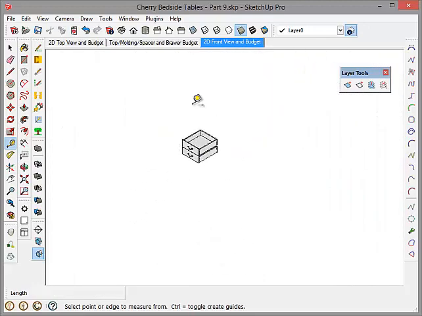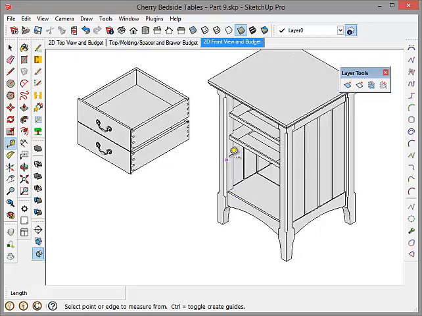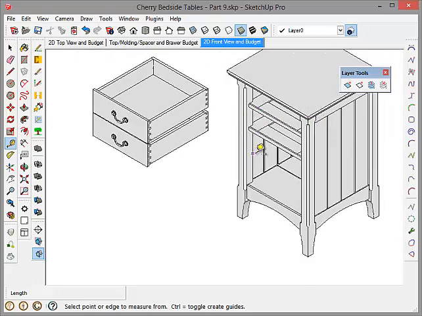Now what I want to do is bring back the draws and place these in here. And to do that, I'm going to take the top off. Let's get rid of some stuff I don't need here. Okay, here's what we're going to do. We're going to get rid of,